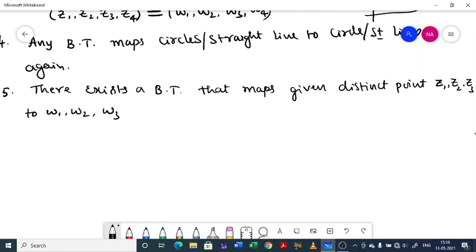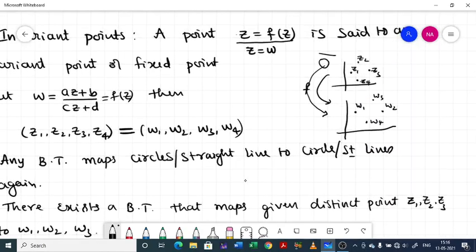Because all the problems are based on this remark, it is very much important. What this remark says is,